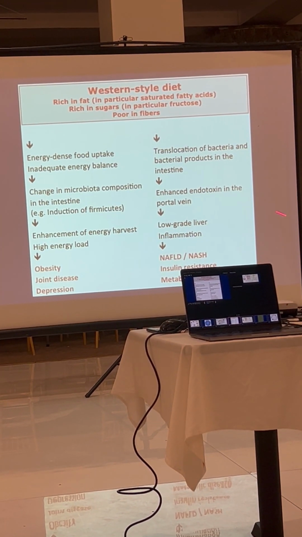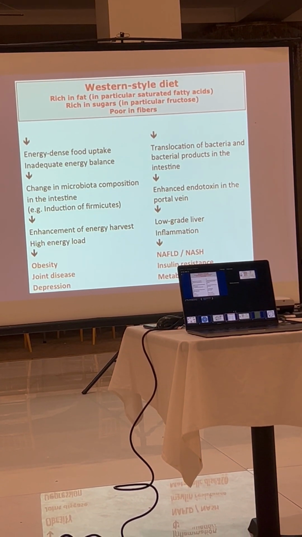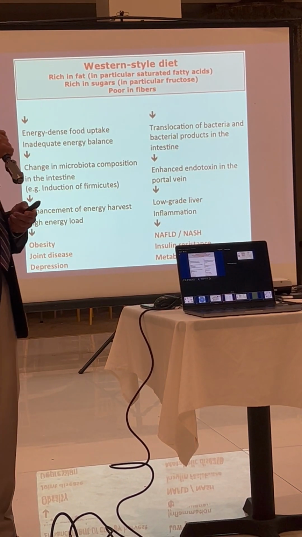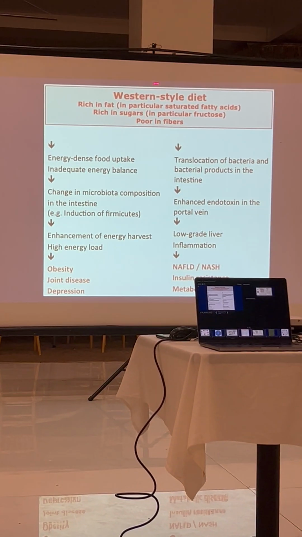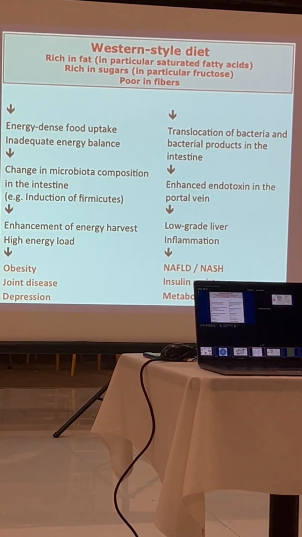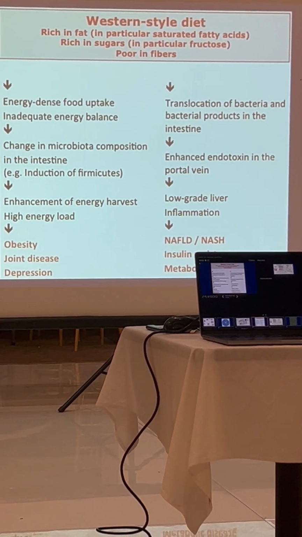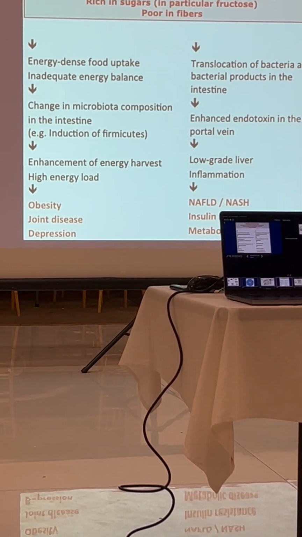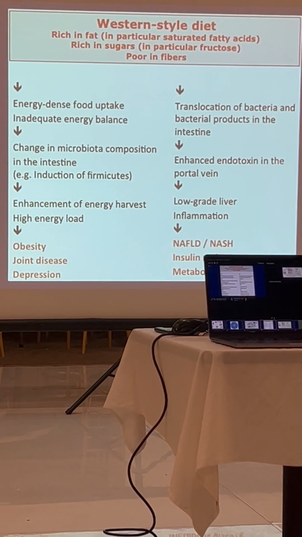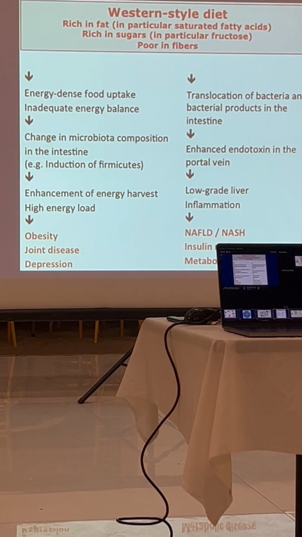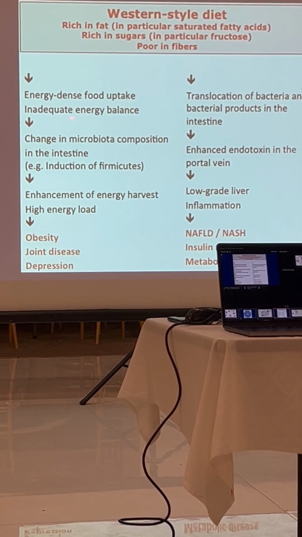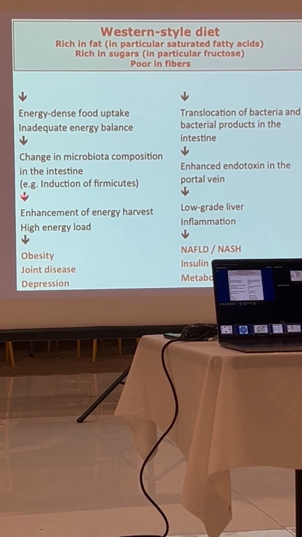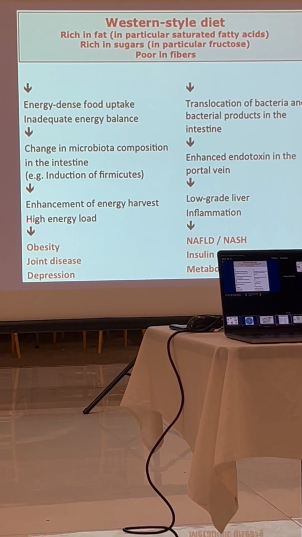So it is a Western style diet or Western diet. Western diet doesn't mean California diet, okay? California diet is better than the eastern part of the Western world, that you want to think about. But the thing that is energy-dense food. Energy-dense food means very high calorie foods. The small amount you eat and has a lot of calories. Those are the ones that are actually a problem because it will have a lot of unabsorbable sugar or fat that will then alter the bacteria. Or malnutrition, inadequate energy balance. It will cause change in the microbiota. It will then lead to